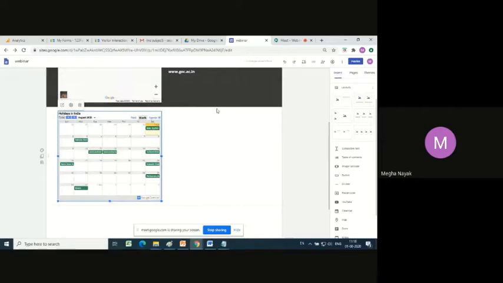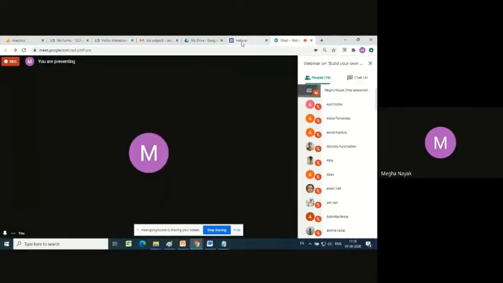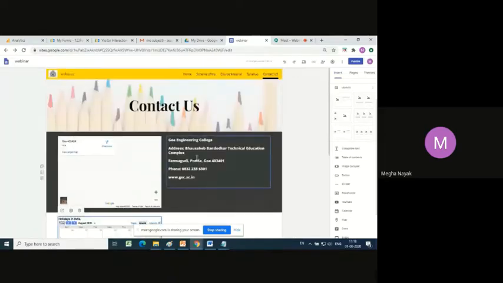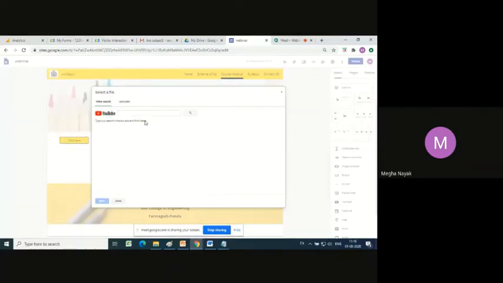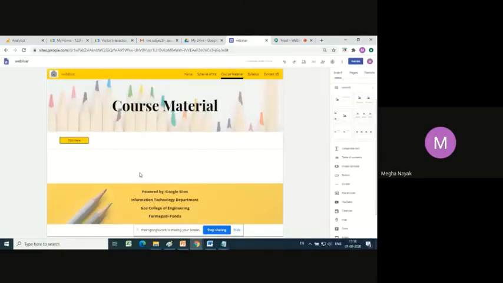Now let's go one step ahead and see how to insert YouTube videos. So for that, I go to course material, and if I want to insert a YouTube video, I will have to go and click on YouTube. Here you basically will give your search path. The moment you give your search path, the video will be shown, provided it's hosted from your account.